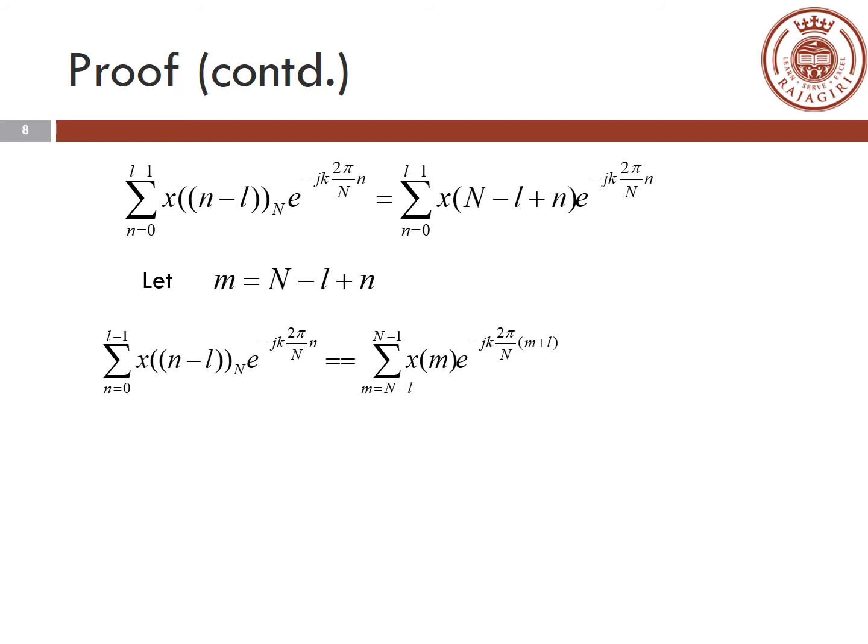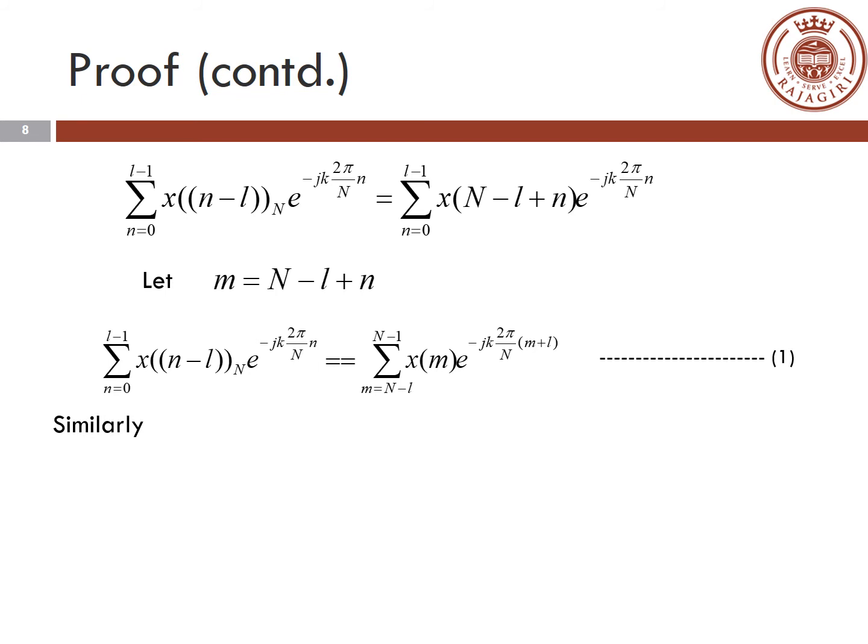Then where did that capital N go? Actually that N does not make any change to this equation, because even if that N was there, you will have a minus N term here. So I can take it outside. So it becomes e raised to minus jk 2 pi by N into minus N. So that denominator and the numerator gets cancelled. What is left is e raised to jk 2 pi. We know it is cos 2k pi plus j sin 2k pi, and the value is 1. So that N, even if it is not written, it means the same thing.